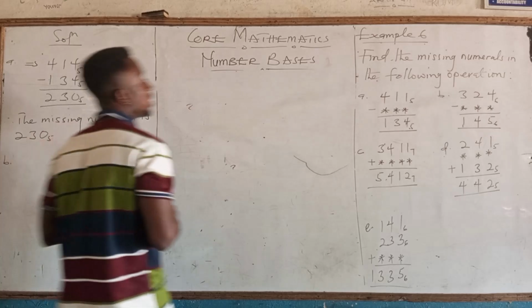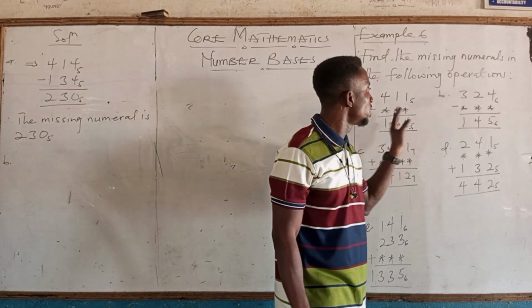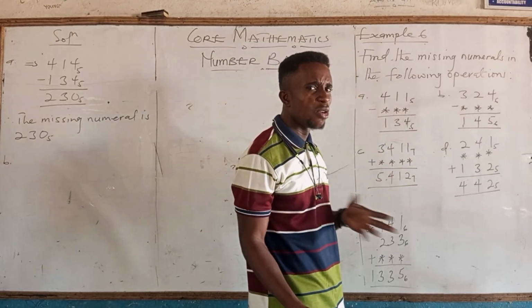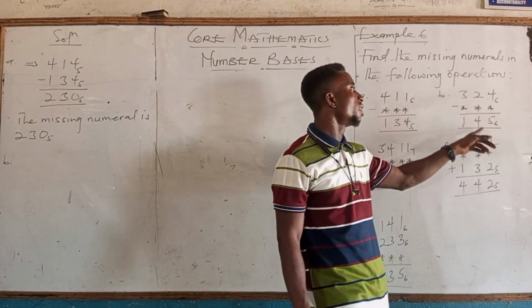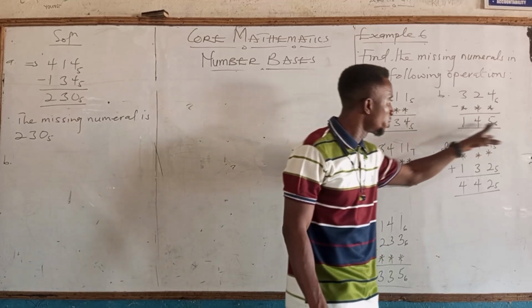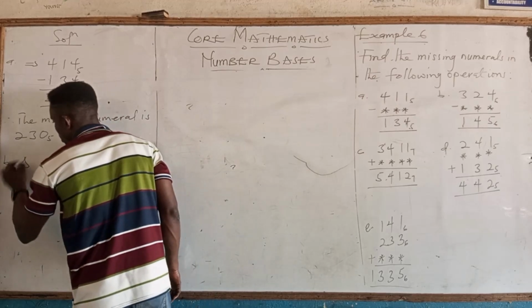To the B. So this one I won't solve the B, because it's similar to this one. The B2 is similar to this one. I'm only going to write the answer. And that one too, I hope you are saying, oh, this one minus a certain number will get you this there. Then this one minus this one has to get us this. So we are going to subtract this one from that, right? And it will get us an answer